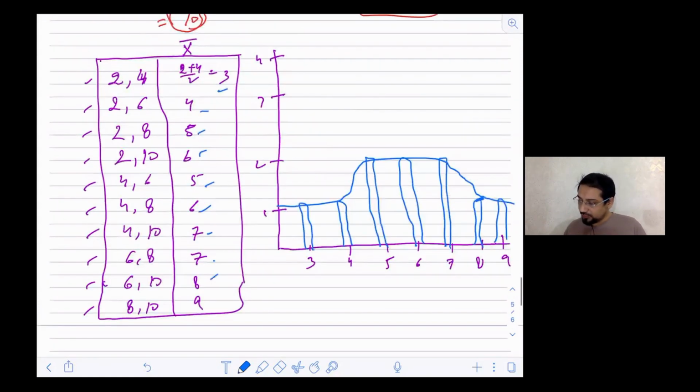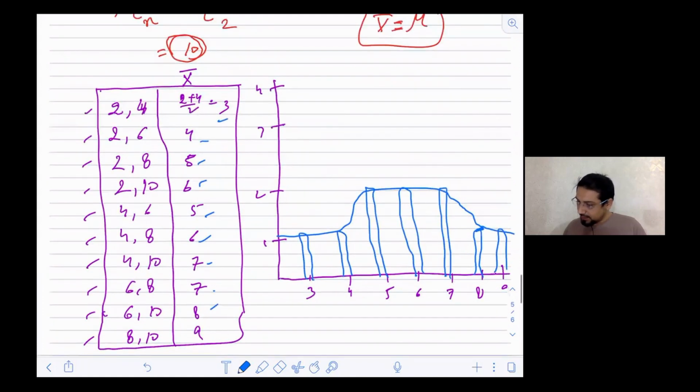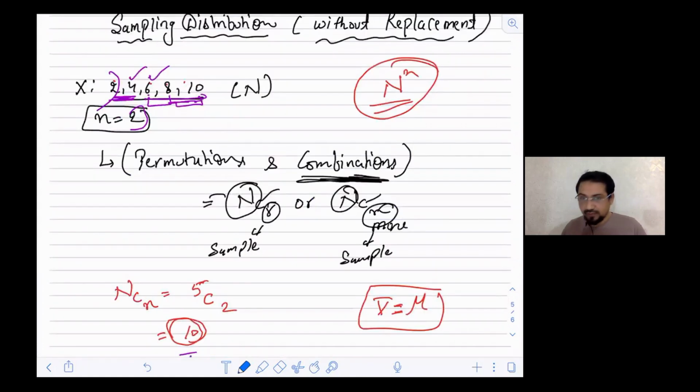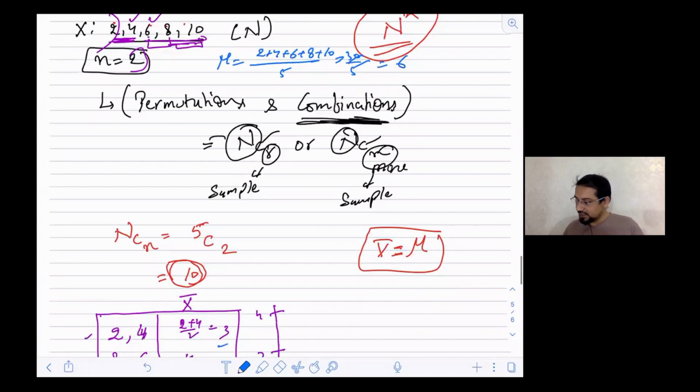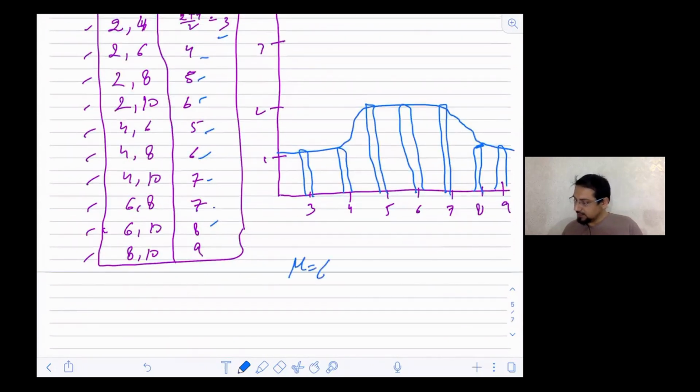In this question, what is mu? Mu is the average of the population. So 2 plus 4 plus 6 plus 8 plus 10. How much is mu going to be? 1, 2, 3, 4, 5 values. So 2 plus 4 is 6, plus 6 is 12, 12 plus 8 is 20, and 30. So 30 divided by 5 is going to be 6. You can see our mu is 6, but here our mean is actually not 6, because 5 also has the same frequency.